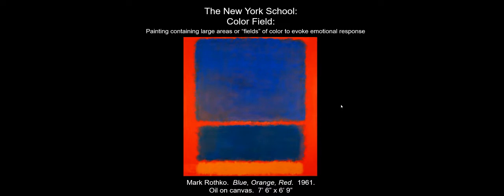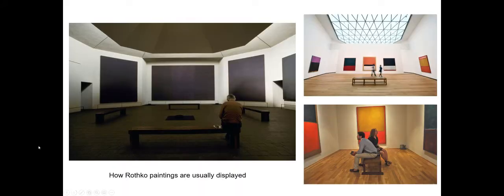Mark Rothko, as you can see, wanted his art to evoke emotional responses: joy, sadness, calmness. Whether or not he succeeded is a matter of opinion. I find that Mark Rothko's art is usually very appealing. This is a photograph of a Mark Rothko room at the High Museum. I think this one is at the Phillips Gallery in D.C. People usually sit and sort of meditate and look at these large paintings full of color.